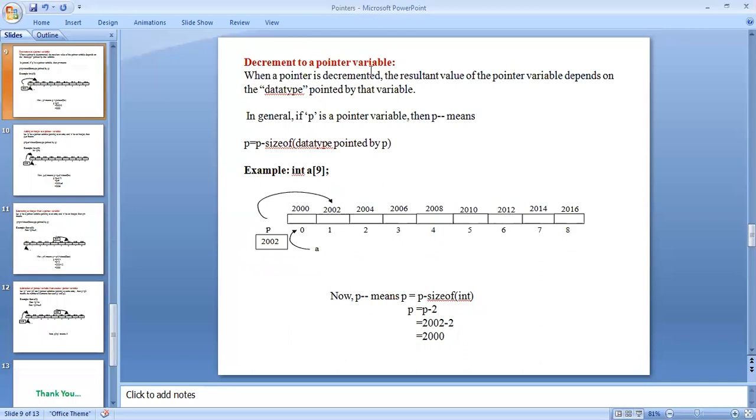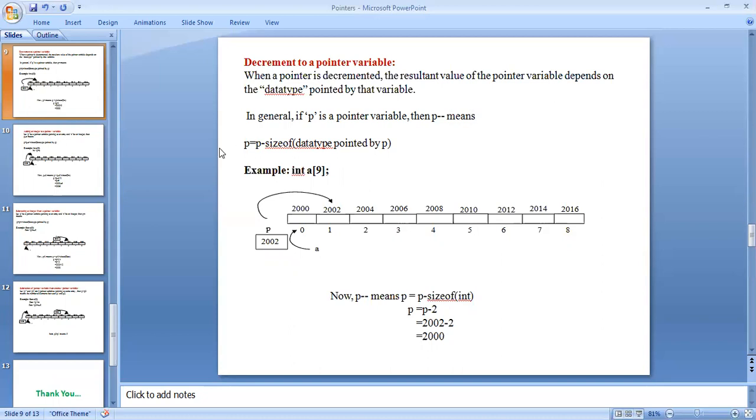Decrement of a pointer variable. When a pointer is decremented, the resulting value of the pointer variable depends on the data type pointed to by the variable. In general, if p is a pointer variable, then the decrement is represented as p minus minus.